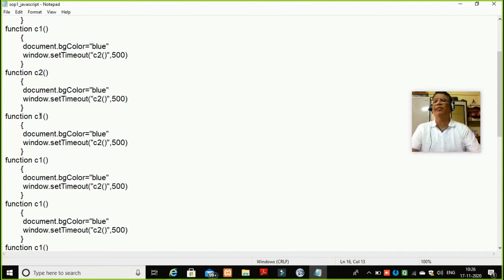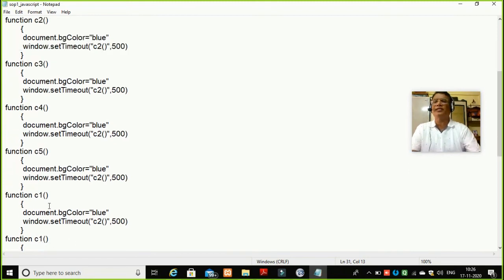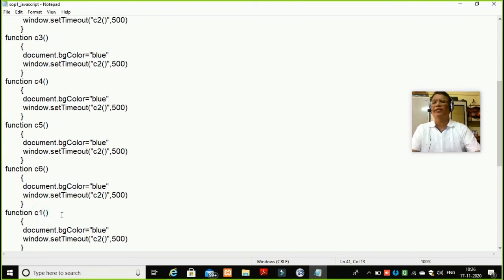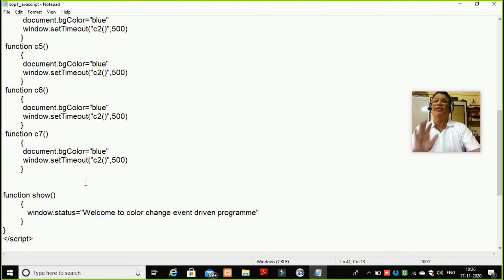This function I'll make C3 here, C4 here, C5 here, C6 here, C7 here, and 7 distinct colors are there.